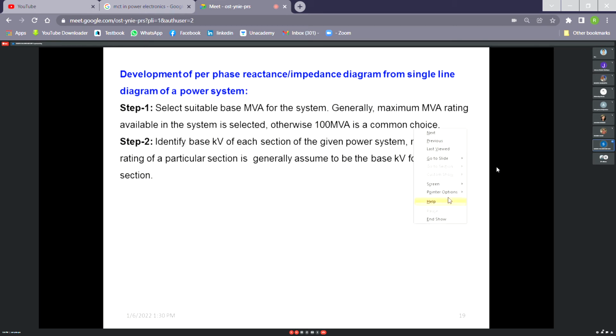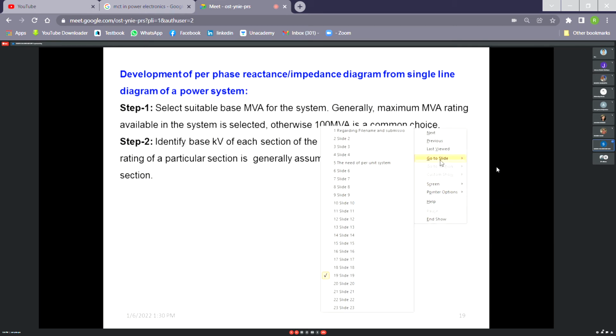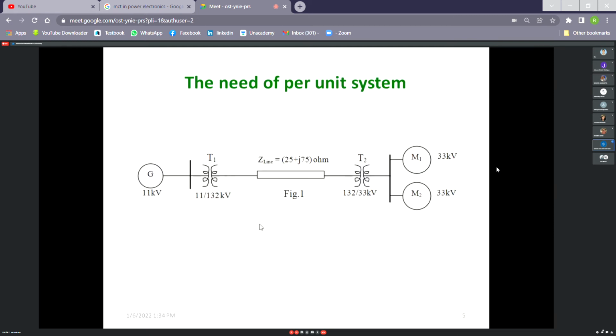So actually, if I go to this slide, here you see this is the system. It may happen, it is not an ideal thing, that you will get the motor rating as 32.9 kV by design, not reaching 33 kV. It may happen, and say this generator is 10.5, not 10. Then you see after the transformer primary, it is 11. So for that range, we shall take 11 kV as base.